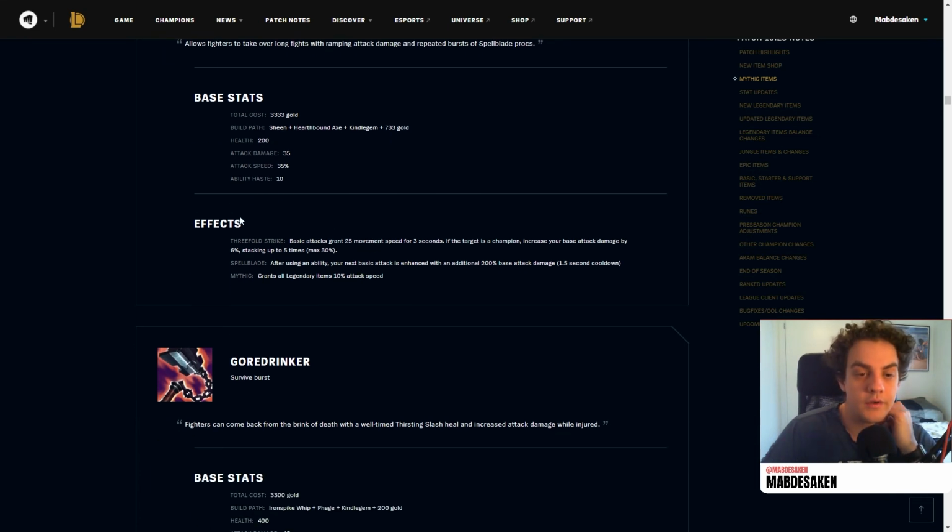The effect is Threefold Strike. Basic attacks grant 25 movement speed for 3 seconds. If the target is a champion, increase your base attack damage by 6%, stacking up to 5 times. So you get 30% extra base attack damage. And also, you get a 25% movement speed every time you hit